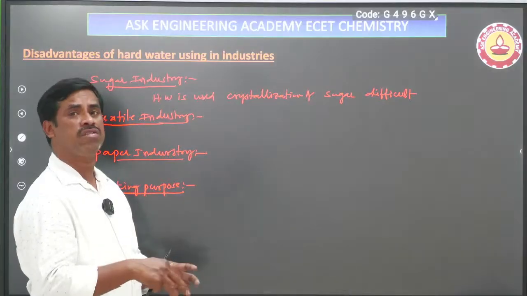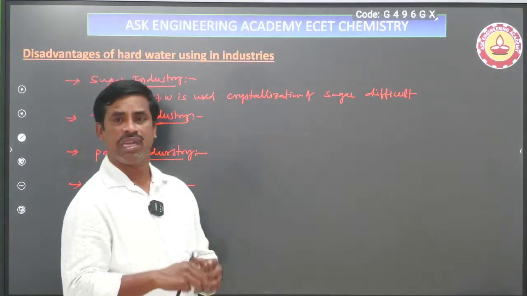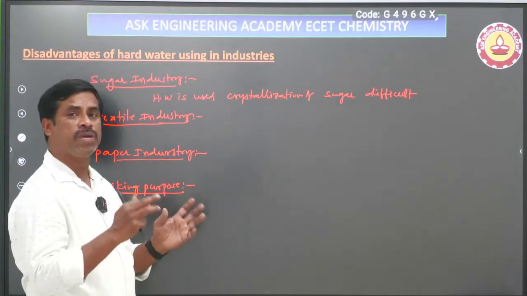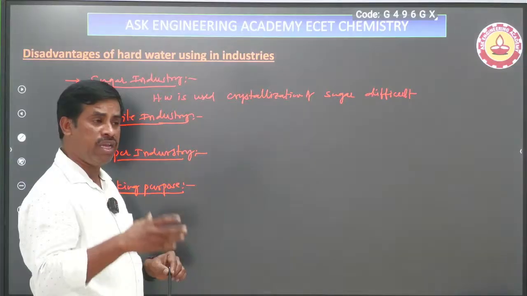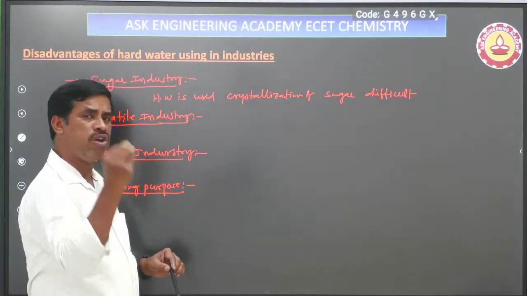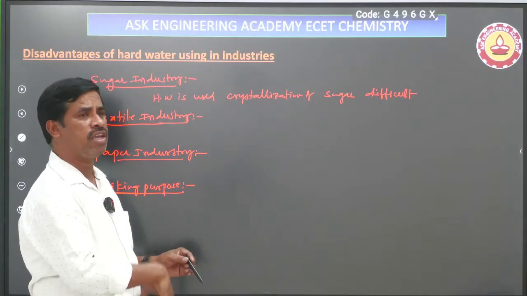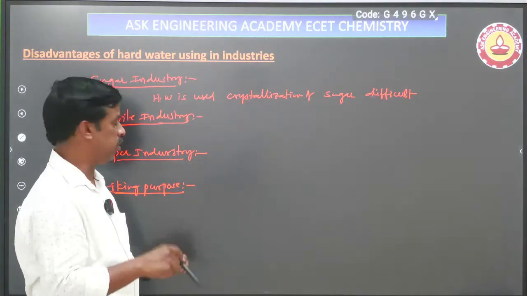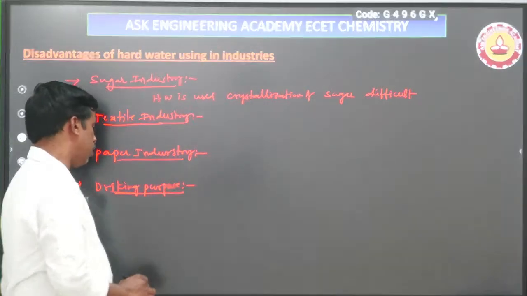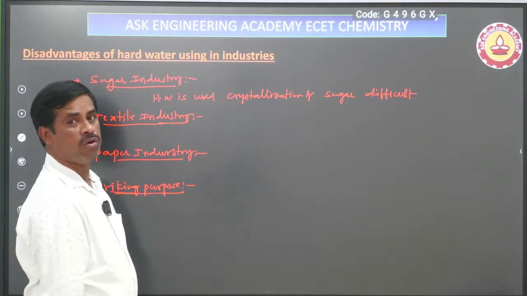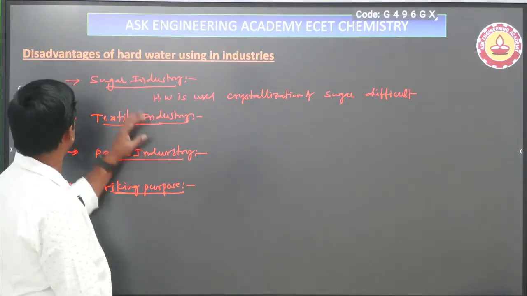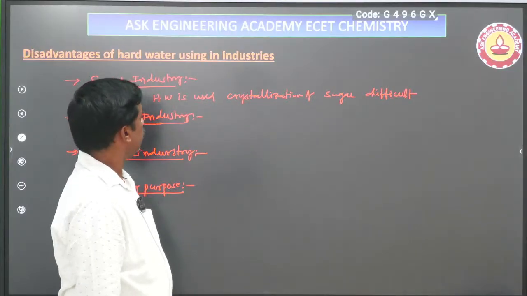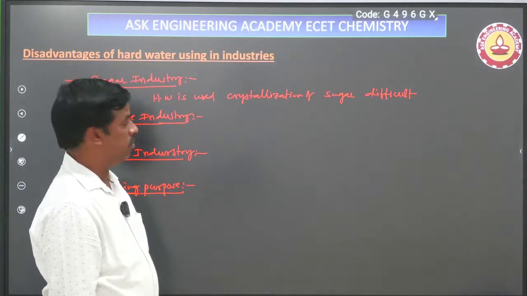That many dissolved salts are not filtered by human kidneys, which means it is possible to form kidney stones. Why do they form kidney stones? Many salts are consumed when hard water is consumed regularly, and the kidneys cannot filter that many salts. That is also one of the problems of consuming hard water directly for drinking. These are a few disadvantages I discussed here.